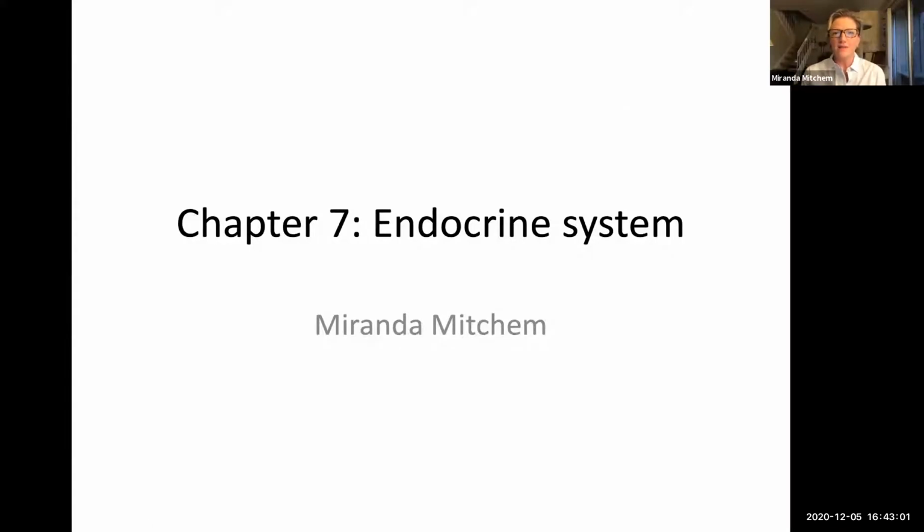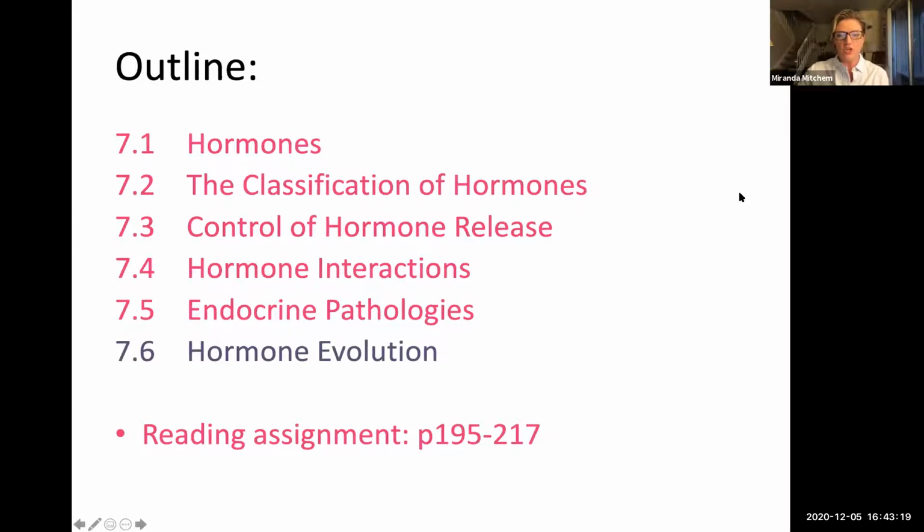Hi class, this is your lecture on chapter 7, which is on the endocrine system. We've got another chapter that we're going to cover, chapter 23 on endocrine pathologies. But first, let's learn about how the endocrine system works. We will be going through most of this chapter, so please read all of the pink highlighted sections of your